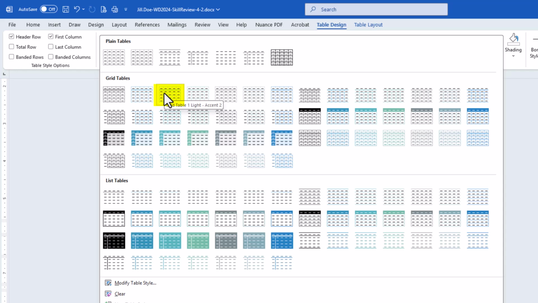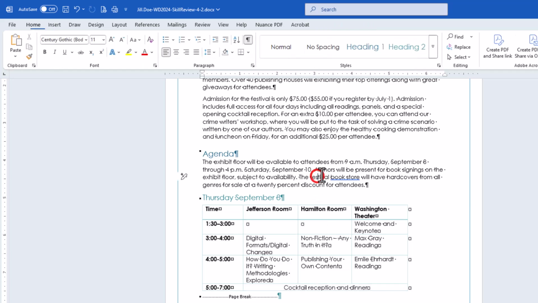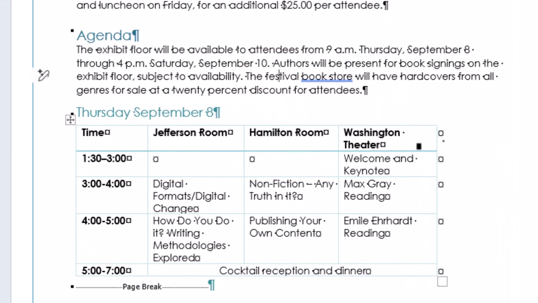Grid Table 1 Light Accent 2. So sure enough, this is it. It's in our theme palette, right? All those choices were in our theme palette. If I click away, you can see that beautiful blue, and you can see that the line underneath the header